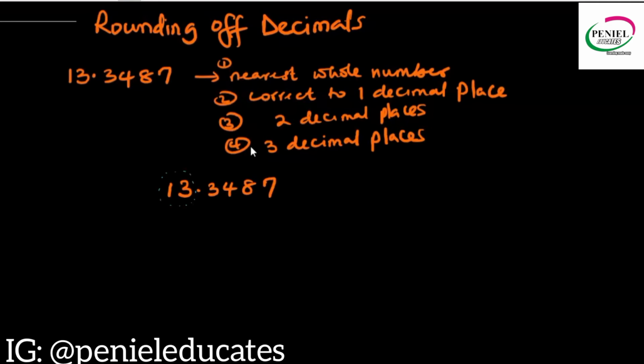Don't forget that this is a decimal fraction, it contains a whole number and decimals. Okay, right, so this is a whole number. Then what you see here is the first decimal place. This is the second decimal place. This is the third, and this is the fourth. All right, so those are the points in the decimal. Now, if we're to correct this to a whole number,